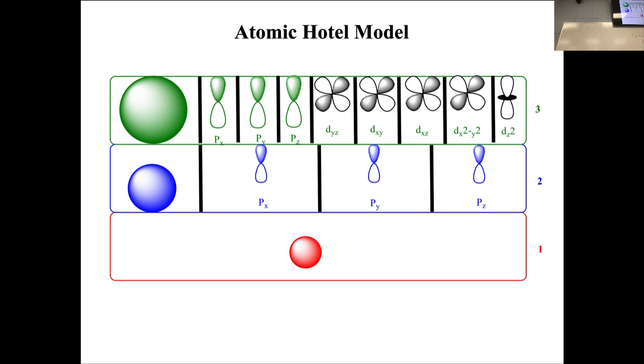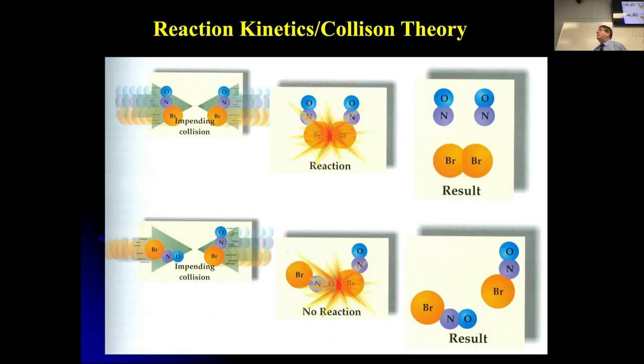Now, when you go and stay in a hotel, typically how many people stay in a room? Typically 2. And you kind of got to like each other, right? If you hate each other, it's not going to work out very well, right? So I can put 2 occupants in level 1 in the S orbital, but they got to be spinning in different directions. One electron has to be spinning up, one has to be spinning down. And I can do the same thing in the second level, okay?